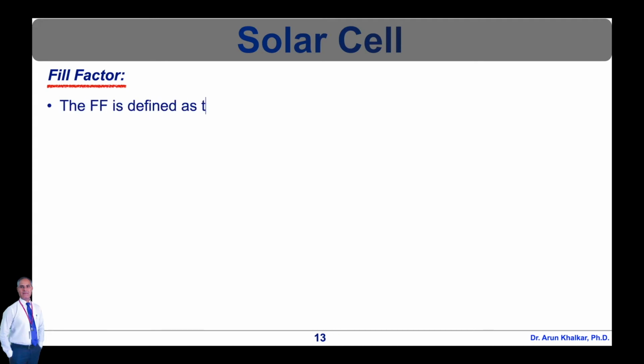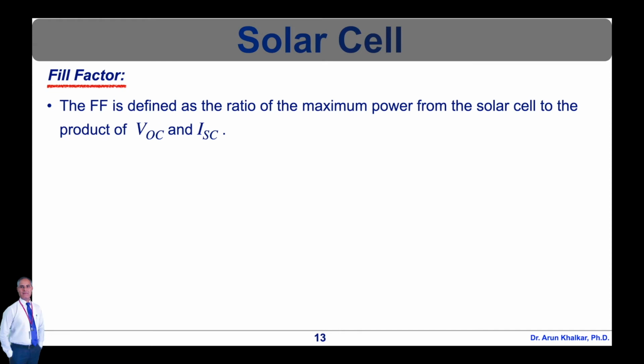The short circuit current and the open circuit voltage are the maximum current and voltage respectively from the solar cell. However, at both of these operating points, the power from the solar cell is zero. The fill factor, more commonly known by the abbreviation FF, is a parameter which, in conjunction with VOC and ISC, determines the maximum power from a solar cell.